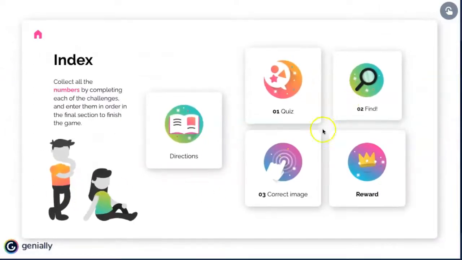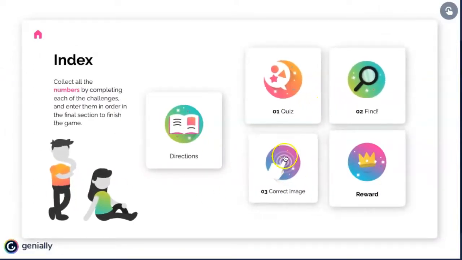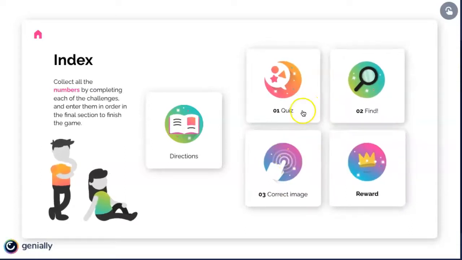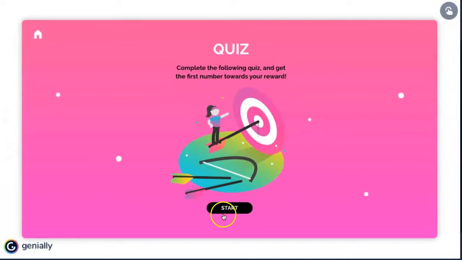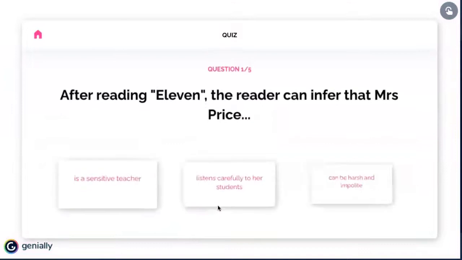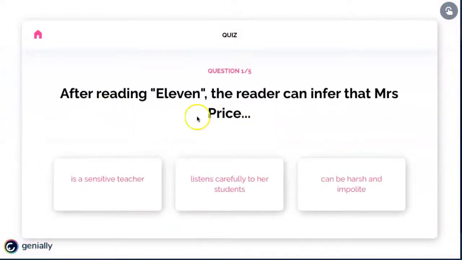All right, so I'm going to walk you through the three different quiz sections and then finally the reward. In section one, we have a multiple choice quiz, and it starts with directions and your start button. Students are given a question or a prompt that they have to answer correctly. So if they answer correctly,